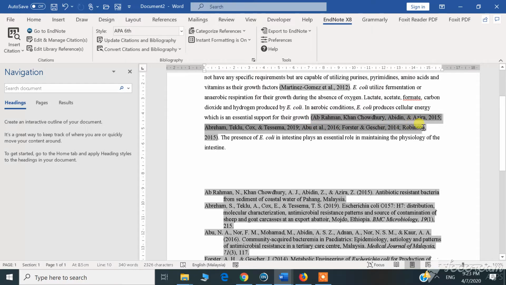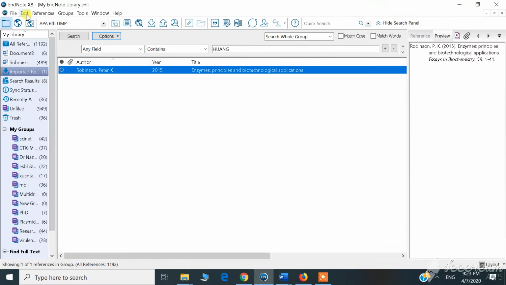If we look into these citations, we can see some of the references were from 2015, then 19, then 16, 14, then again 15. So why is it coming in this way? Let's check it out. To look into this, we have to go to EndNote, go to Edit,